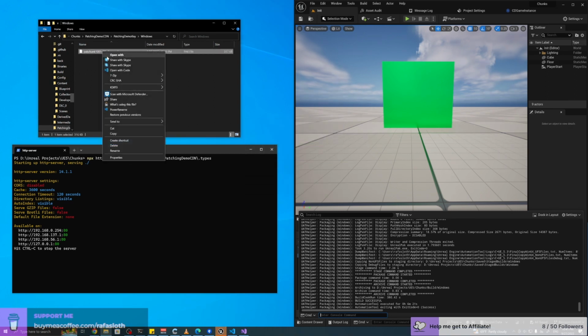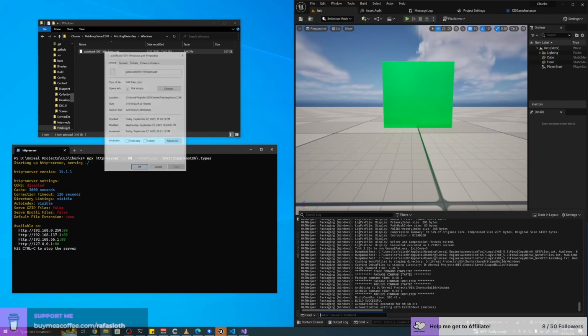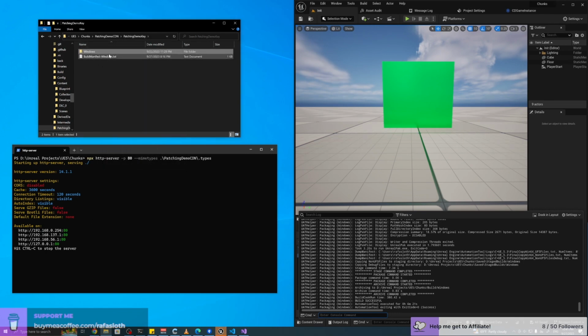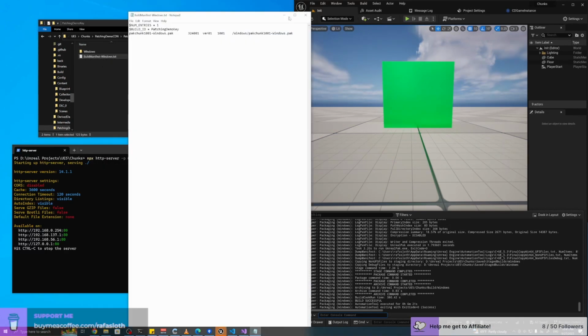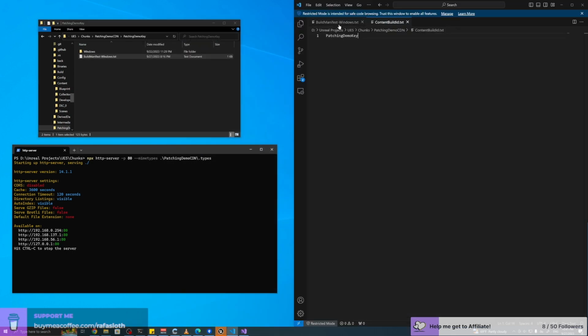And I want to get the size in bytes and just make sure that in the manifests it matches. I'm opening the manifest here to make sure it uses tabs, and I'm just gonna replace the byte size, and this should be working.